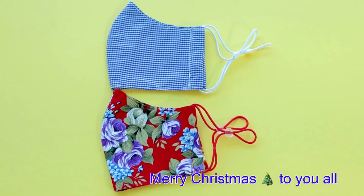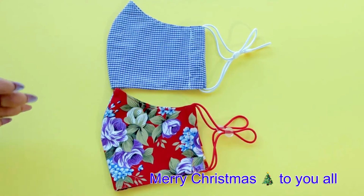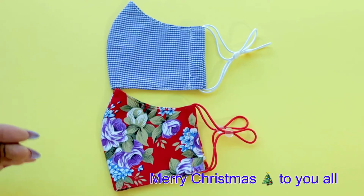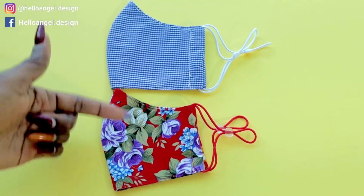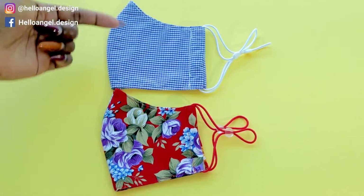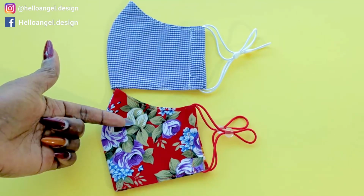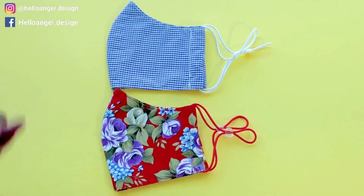Today I'm going to show you how to make kids face masks. This face mask that I'm making today is for 3 to 7 years old child. You can see I have two different ones right here. This is 7 to 12 years and this is 3 to 7 years old. I will upload the pattern paper on my website so that you can go and download a free pattern paper